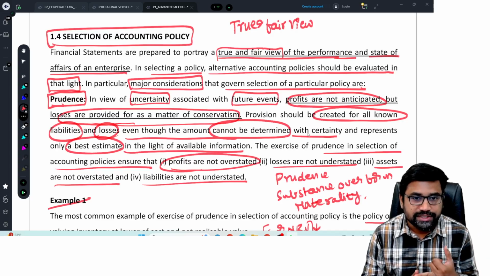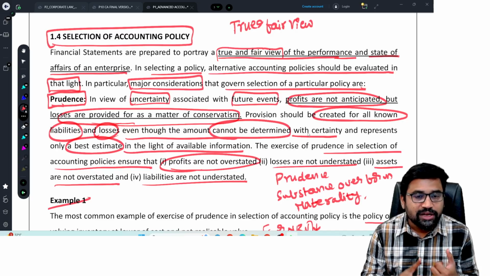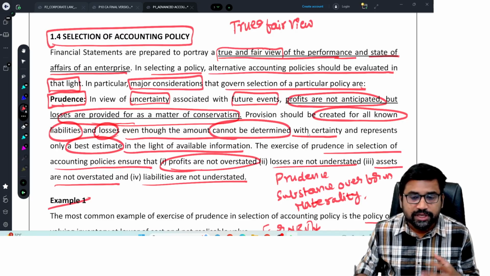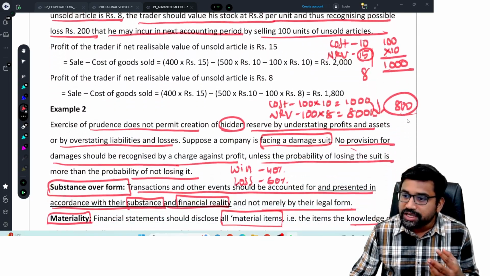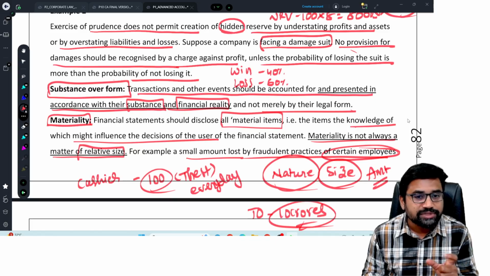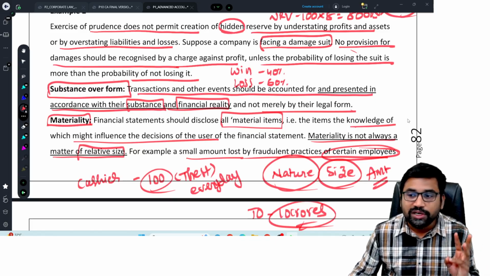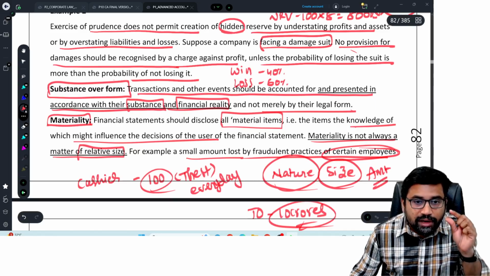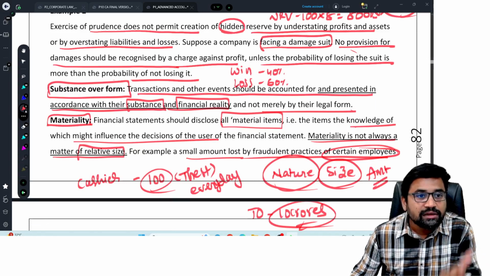What are those? Prudence. Prudence means we can anticipate all possible losses, but we should not anticipate profits. Provision should be created for all known liabilities and losses, but not assets. Okay, two examples we discussed. Next, substance over form. In accounts, we give importance to the financial reality and substance, not just to the legal formality. Third one, materiality. Materiality means any item whose information will influence the decisions of users